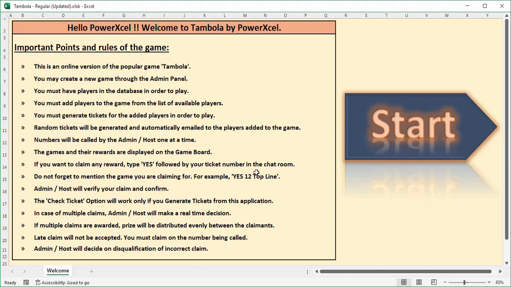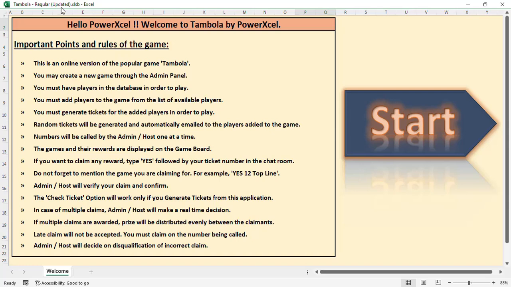Okay, so let's start. So this is the introductory screen that we have, and these are certain rules of the game that we have mentioned. And again, everything that is created in this game is dynamic, and it is created using VBA, right? So let's go to start,